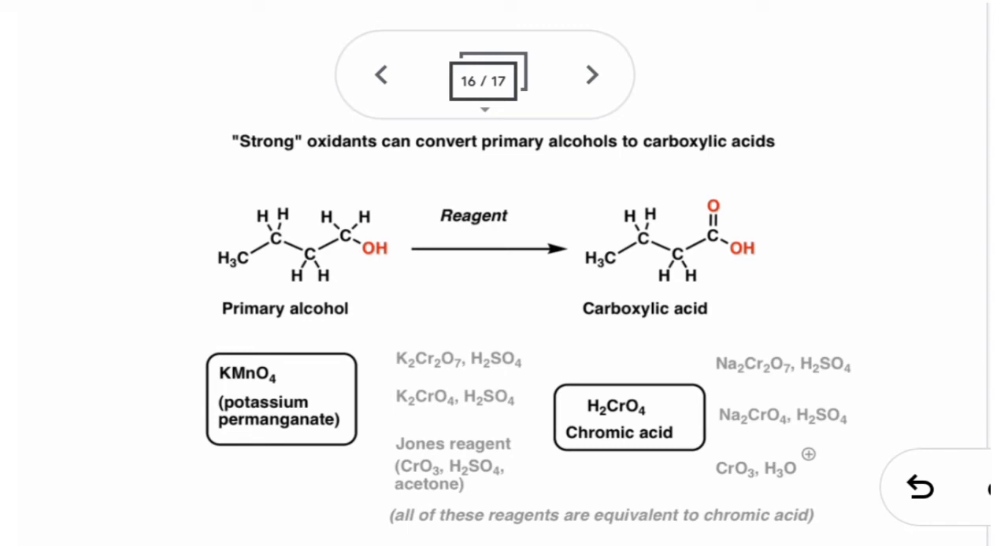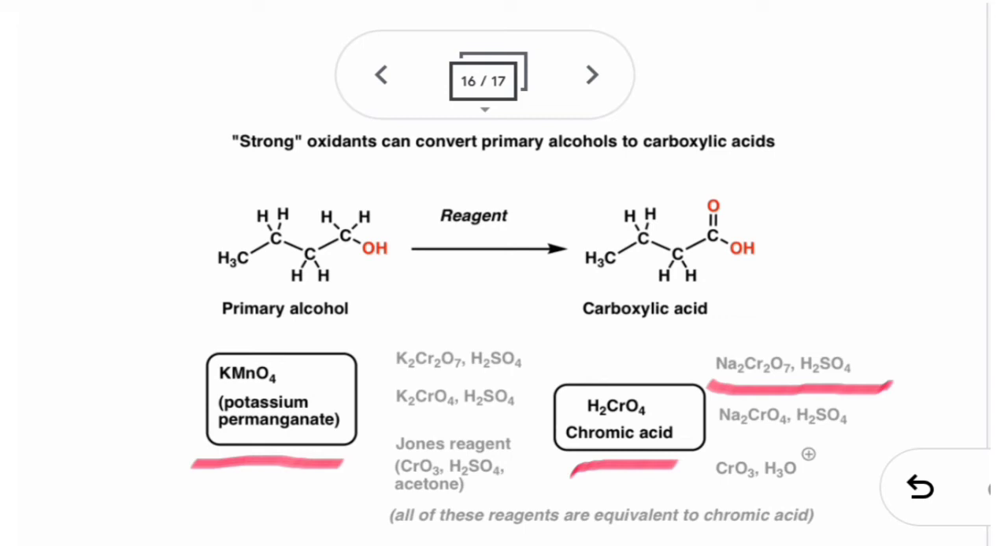You can use potassium permanganate to oxidize a primary alcohol into a carboxylic acid. You can also use chromic acid. Chromic acid is also a very powerful oxidizing reagent. Now, chromic acid is not readily available. So, if you want to form chromic acid, you have to combine sodium dichromate and sulfuric acid. So, in other words, instead of writing chromic acid as a reagent, you can write sodium dichromate and sulfuric acid